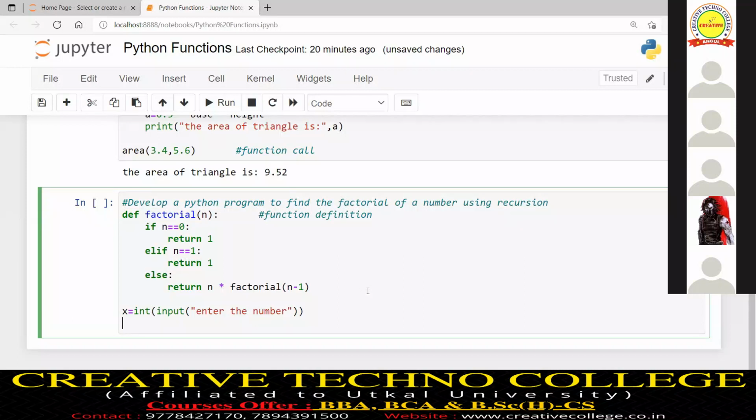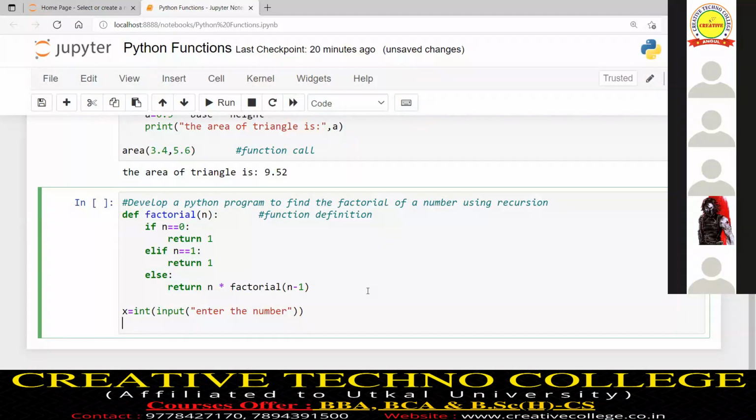If my requirement is to give the input value through the keyboard, that means we have to call input function. Within input function, within double quote, whatever you have written, that message will come when you run.